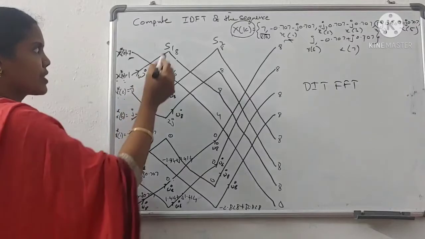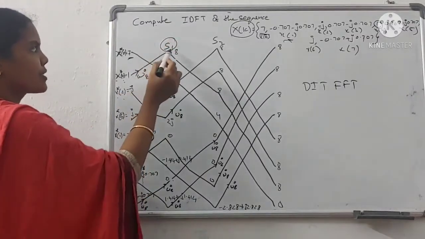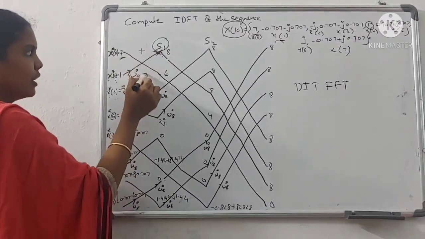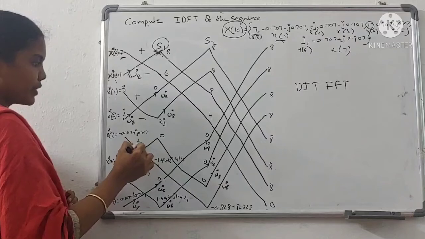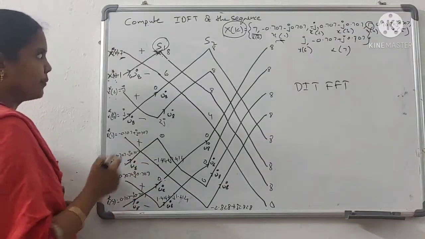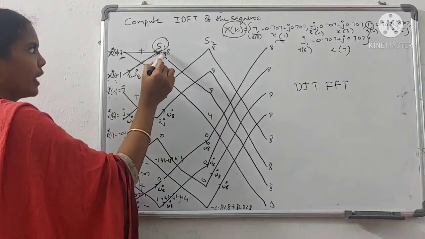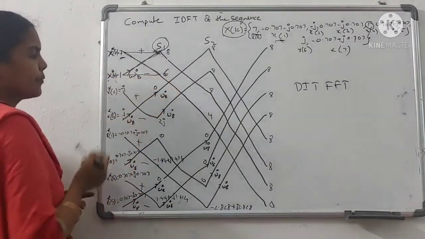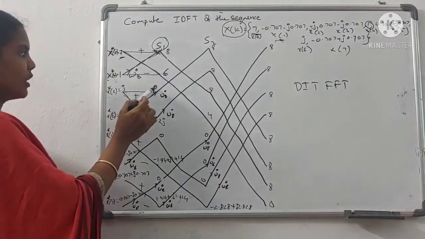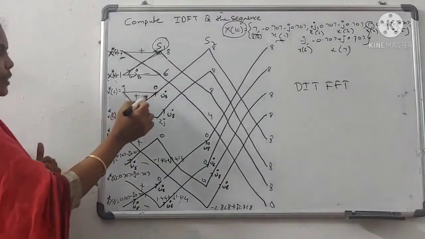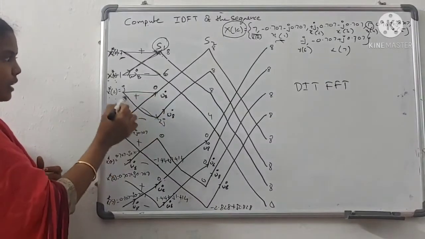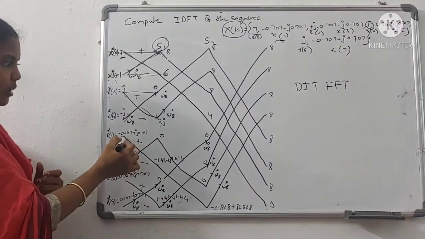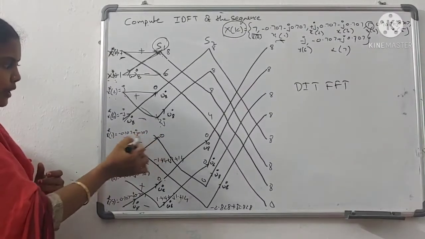Okay. So write the bit reversal order by using the sequence X(k). So now find out the stage 1 values. Okay. How to find out this stage 1? One addition and one subtraction, one addition, subtraction, addition, subtraction and addition, subtraction. 7 plus 1 is what? 8. Okay. 7 minus 1 is what? 6. Plus of minus j is what? 0. And next, so here the value is 0. And here j minus of minus j is what? 2j.